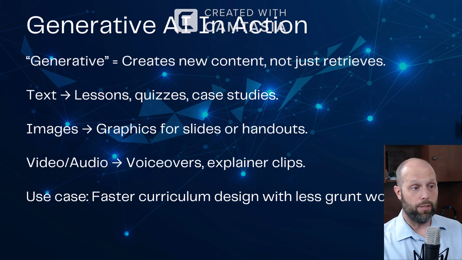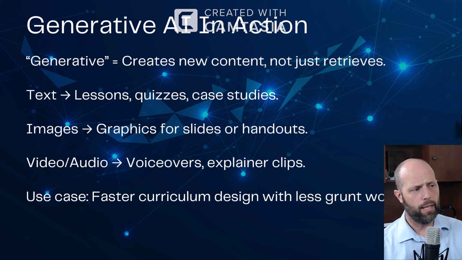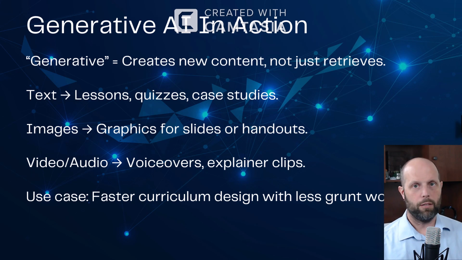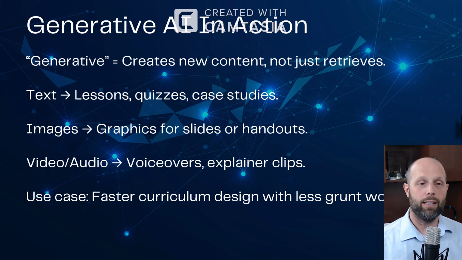It can do images, so it can create images for you. You give it some sort of a prompt that says, hey, I need you to create an image in this style that shows this, and pop it into the AI, and it will generate imagery for you. Okay, and this image generation and also the audio and video generation is getting better every single week, right? Like if you watch this video a year from now, it will be significantly better. AI will be better at generating images as well as video and audio than it is today.